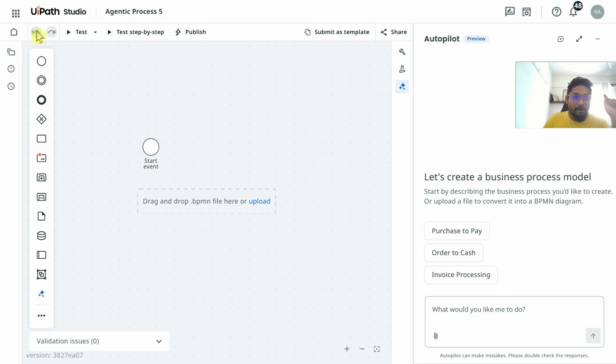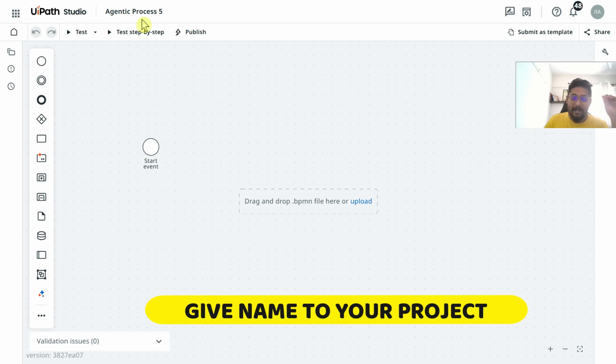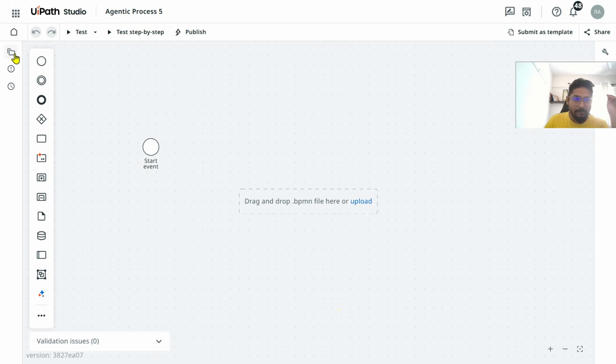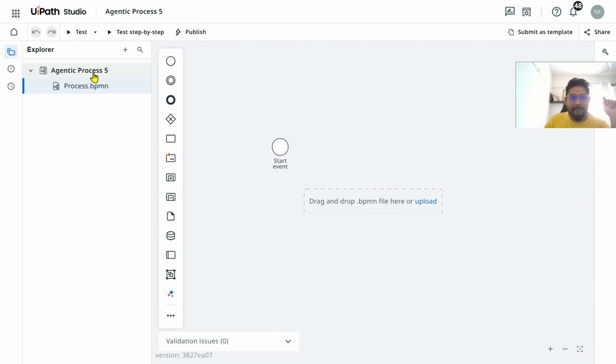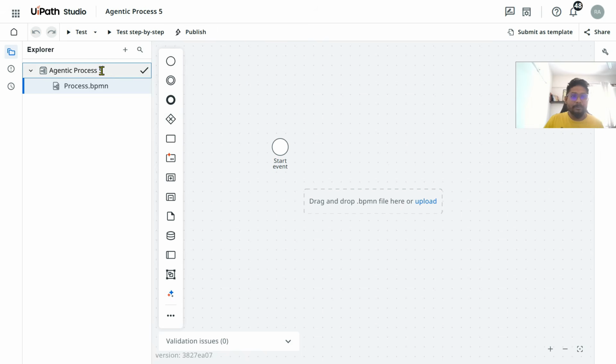For that, click on this project explorer. Before that, on the right hand side, you would find something called Autopilot that might pop out. Simply minimize it. The very first thing, let's give it a name. This is our very first Maestro project. So I'll go to Project Explorer. Here is the button. Click on this button and then I'm going to right click on this and rename it to say